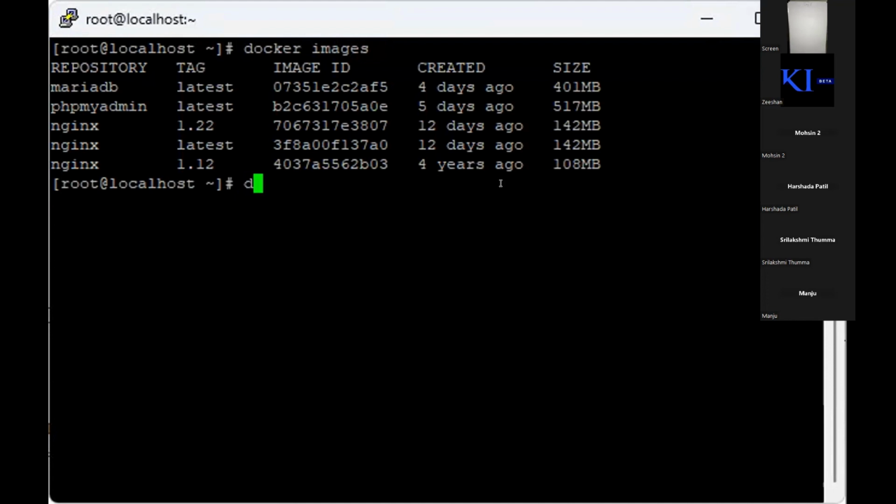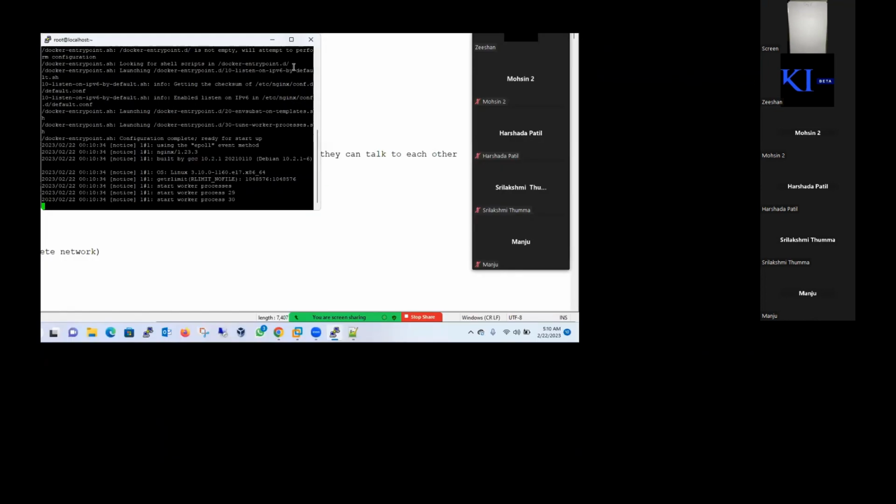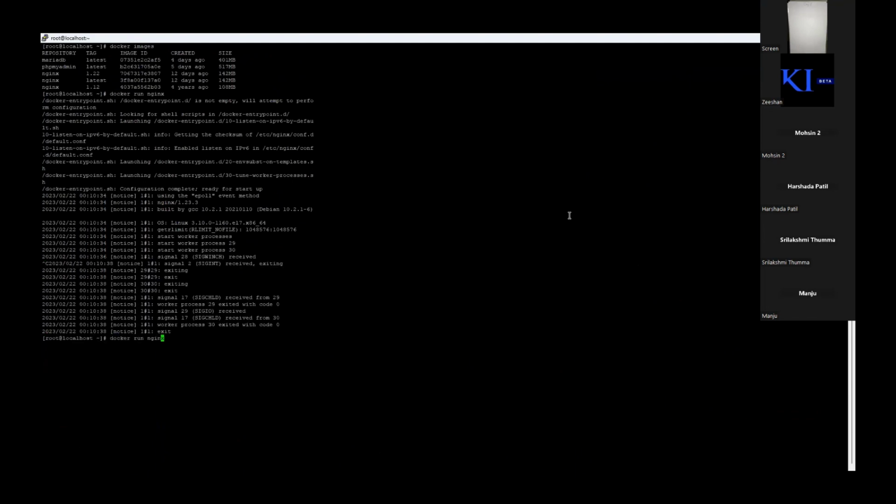So when we say docker run Nginx, Control C, docker run -d Nginx. So docker ps. The name of my container is friendly Torvalds, whatever. So if we don't give our container a name,